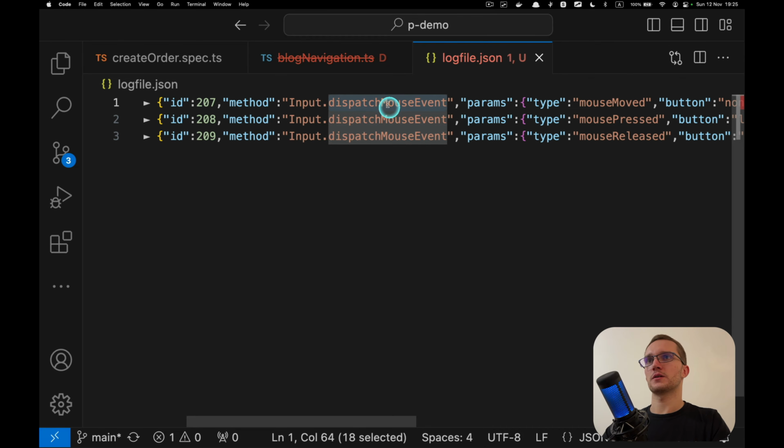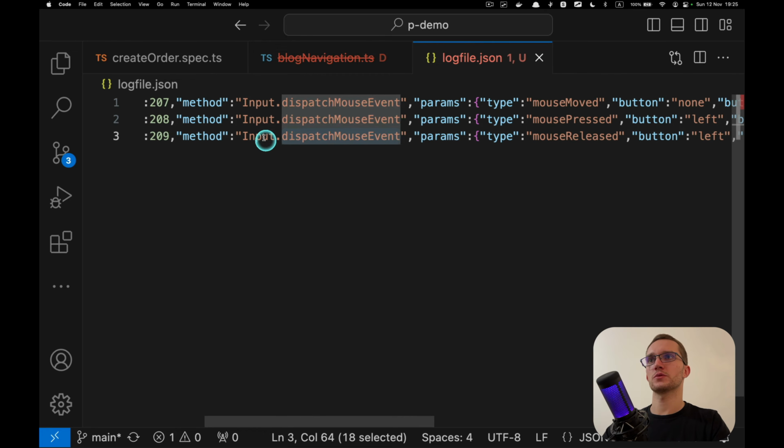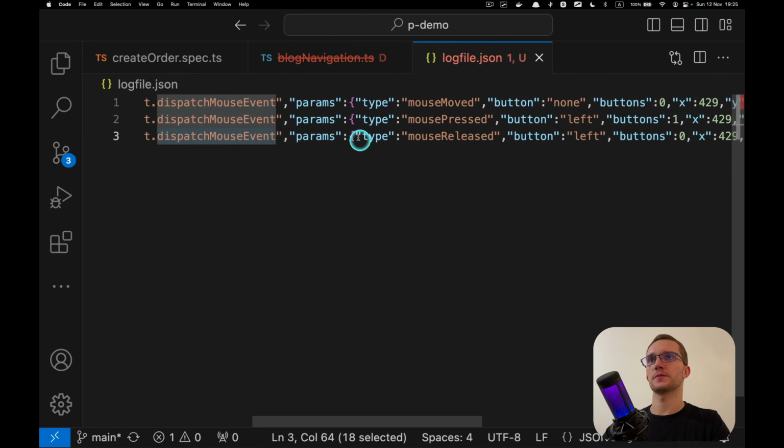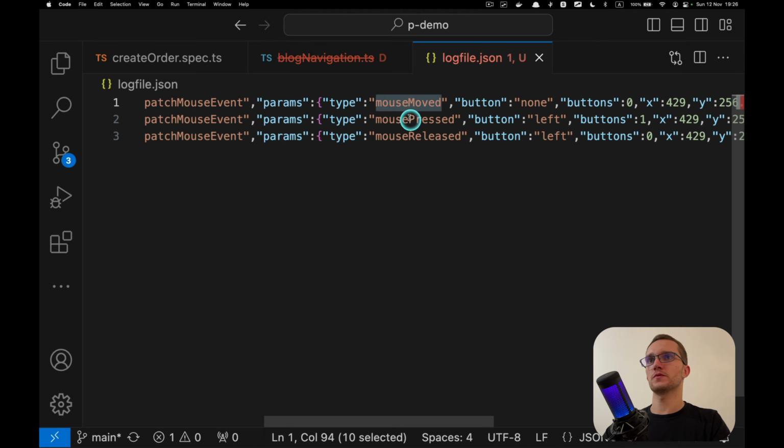These three are basically mouse events. Mouse events, input, dispatch, mouse event. Mouse moved, mouse pressed, mouse released. What does this remind you of? Mouse moved, mouse pressed, mouse released. This is a click. This is a simulation of a click. A simple click